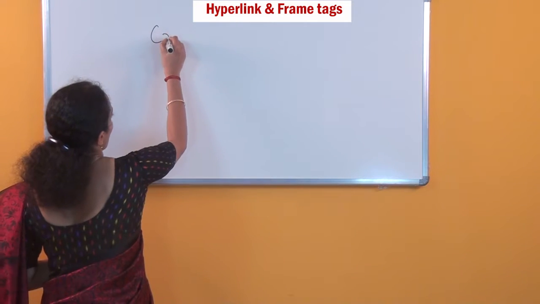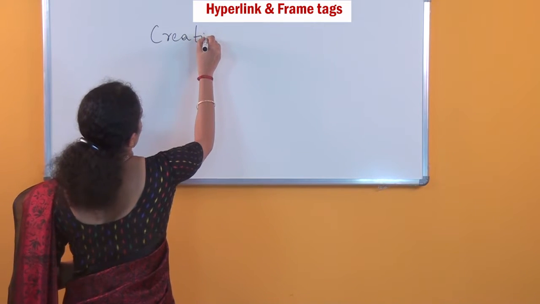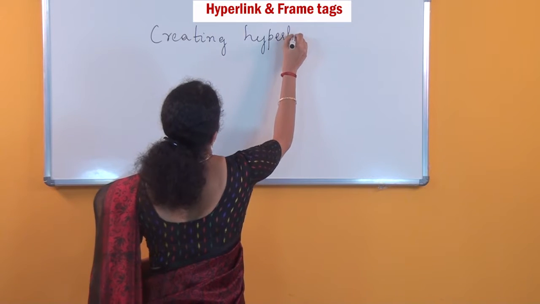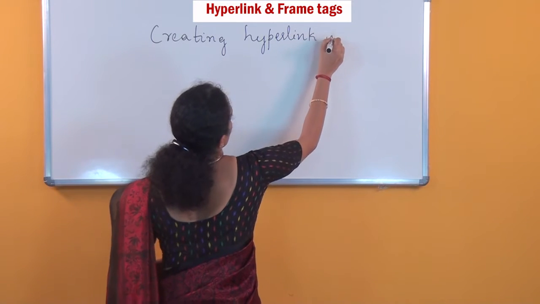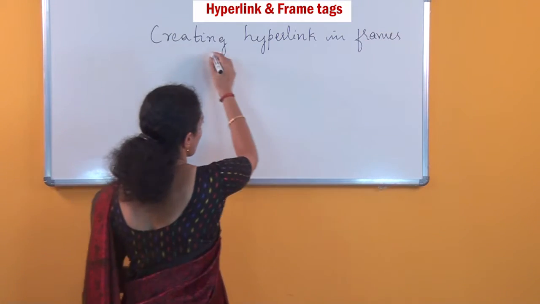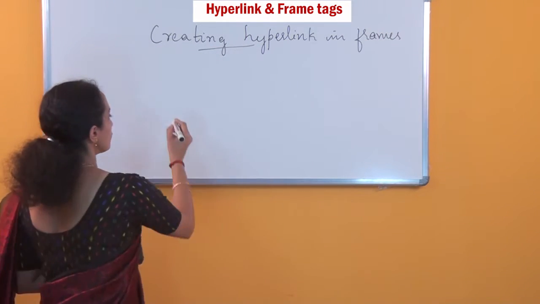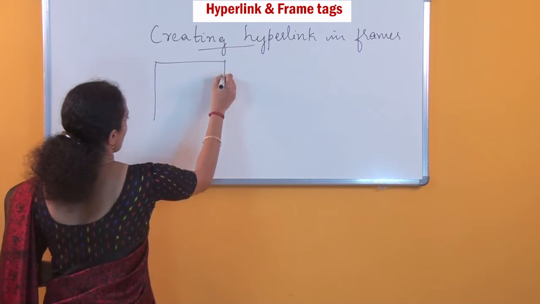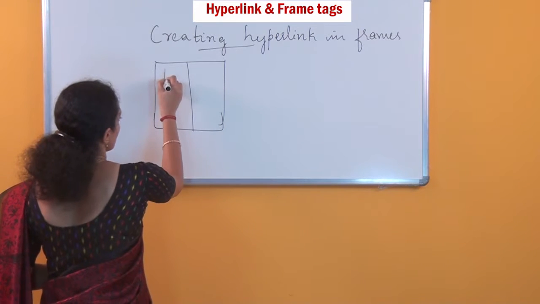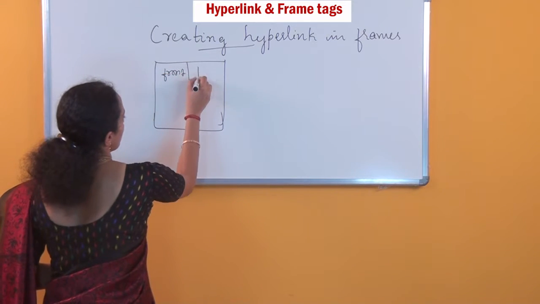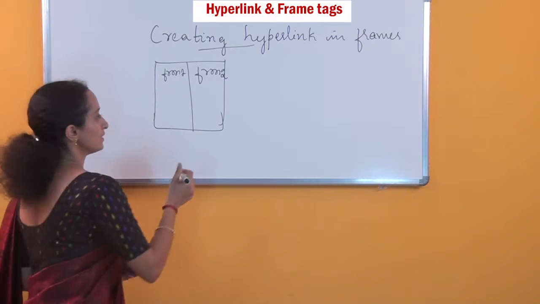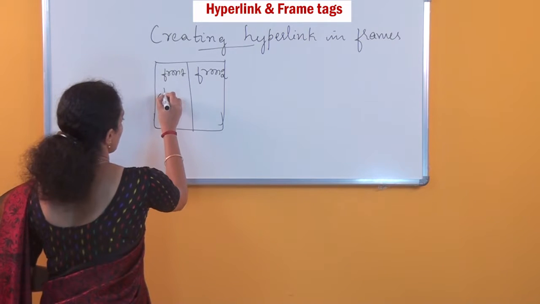So, creating hyperlink in frames. How to create it? For example, if I take a frame like this and I have the columns, this is frame 1 and this is frame 2. So how to hyperlink the frames is, if I give